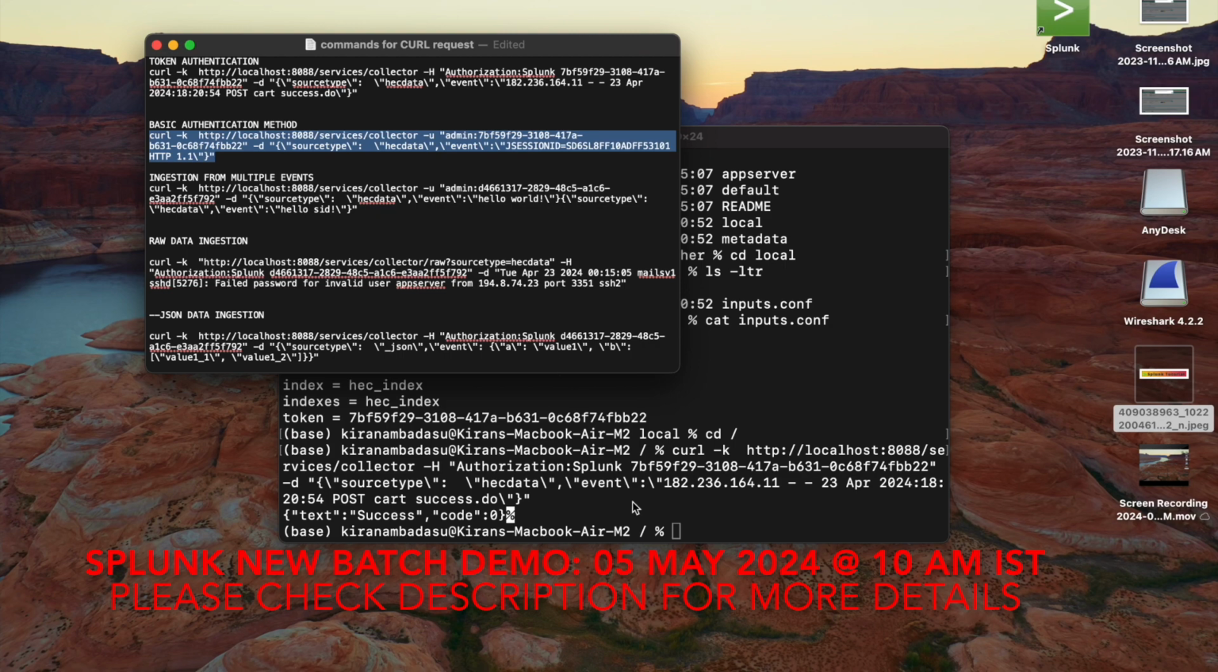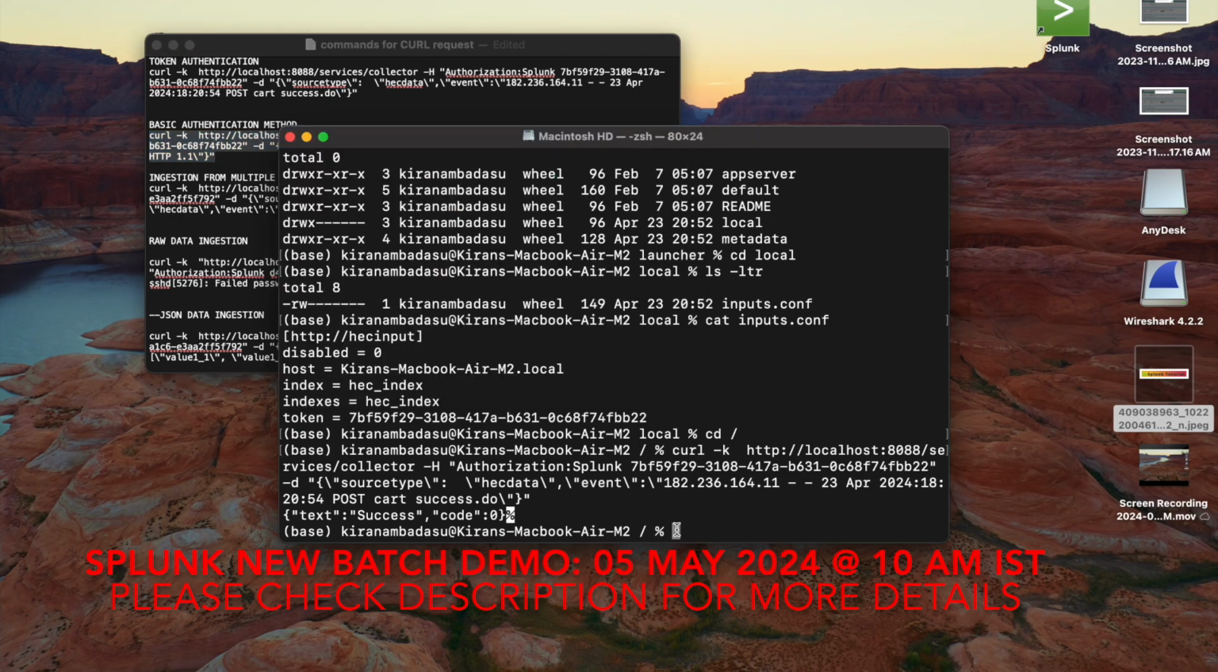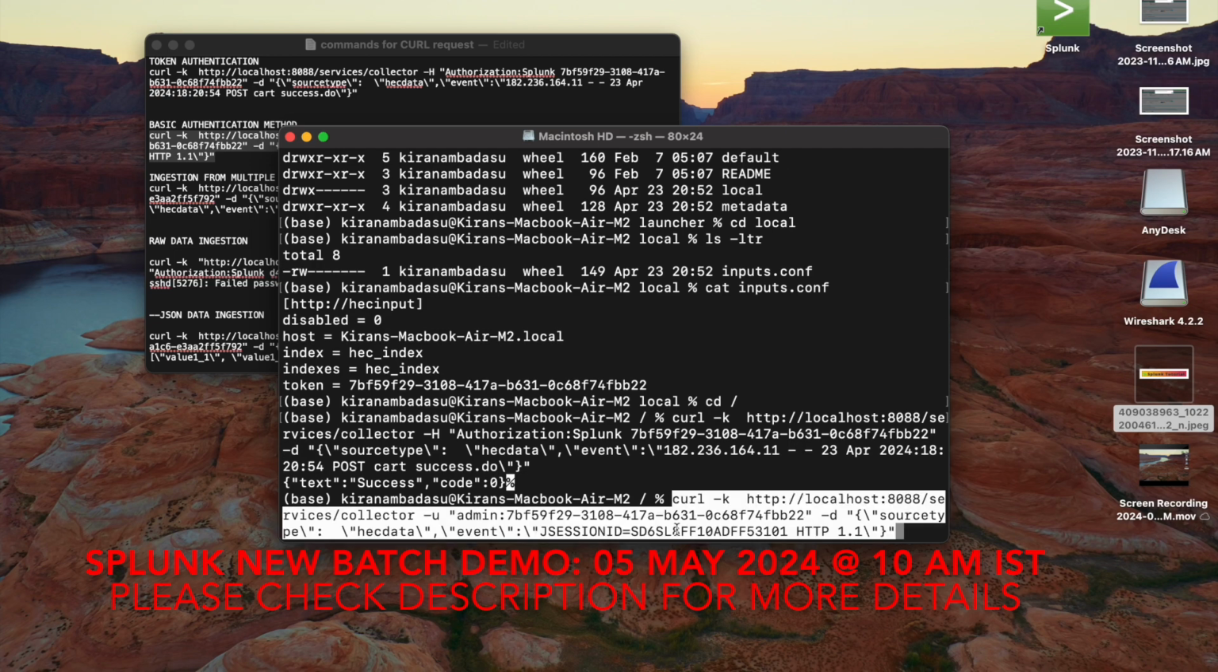And now I will be putting this one in the command line prompt. So what is this? See here, I am using minus u over here, because it is the admin authentication. This is the basic authentication method, admin colon the actual token. Earlier, we used Authorization: Splunk with the token name. That is for Splunk authorization, whereas this is for admin authorization. So that's why we are using minus u, with admin and the token, and minus d